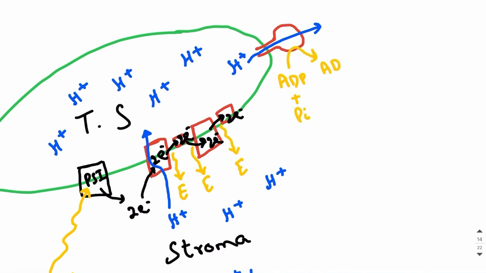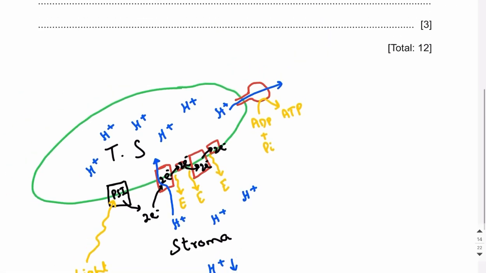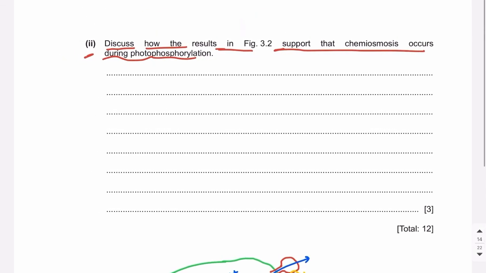This process is called chemiosmosis. What is chemiosmosis? Diffusion of hydrogen ions down the gradient from the thylakoid space to the stroma via what? ATP synthase, producing ATP. So guys, the results over here are suggesting that chemiosmosis occurs during photophosphorylation because the pH of the stroma increases. So let's write over here that